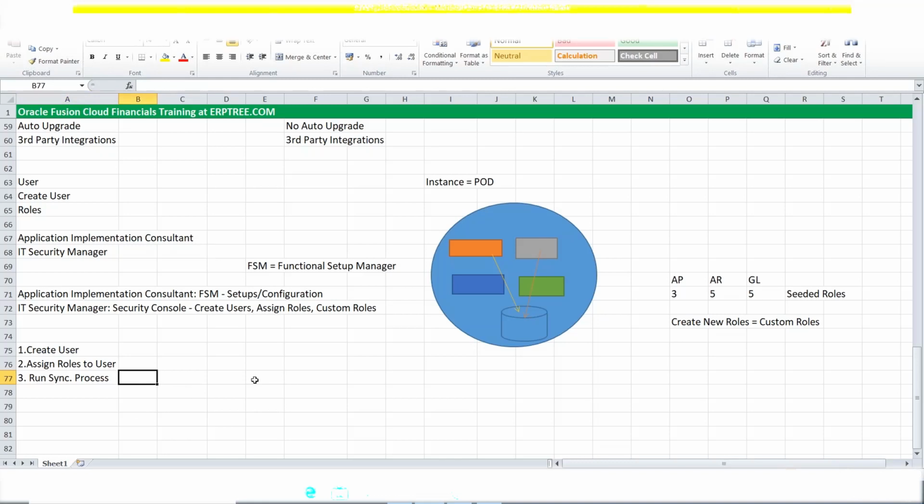Is it clear or any questions on this? Thank you. Fine. Now we'll go and see how to create the user, how to assign the roles,